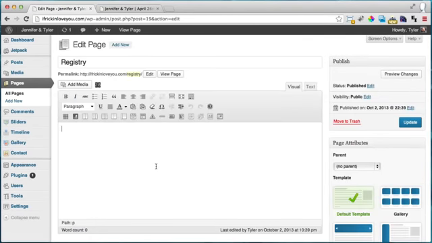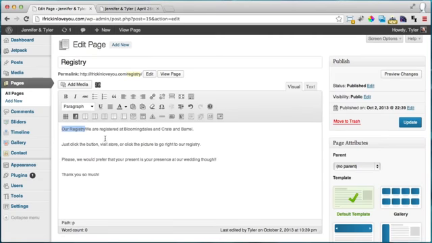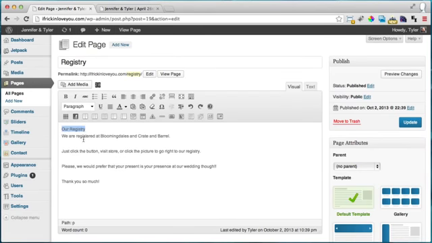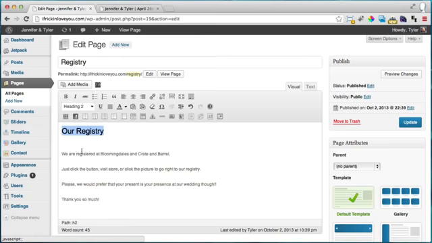And again, I already have some things typed out, so I'm just going to paste some stuff in there, and I'm going to try to format it a little better. So maybe this could be heading 2. Whoopsie daisy. Maybe this can be heading 2, our registry. And then after that,